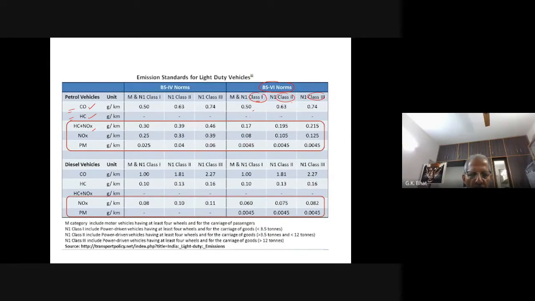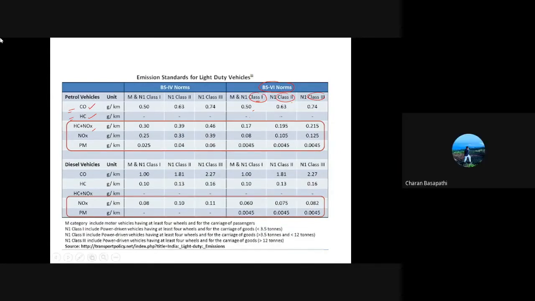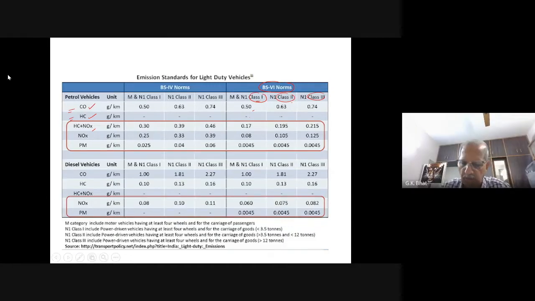Most of the time, you don't take your vehicle and have this emission test done regularly at an interval of 6 months. Many times, you youngsters, when you see police on the road, you will be caught for one or the other document fault, and immediately you turn your vehicle and try to go by another road. That's not good. You must follow this emission test strictly. Sharon, understood? Yes, sir. You have to tell your father also.